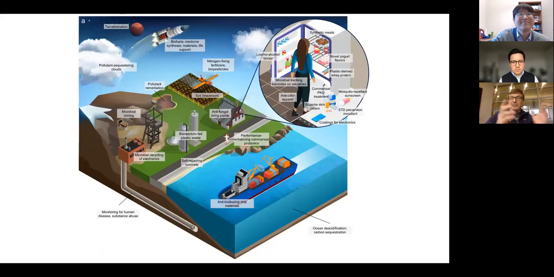And the potential of this is extraordinary. We're just touching the surface of it. So if you look at ships out at sea that are corroding in salt water, there are microbes that accelerate that corrosion, inhibit that corrosion. We want to pull those out, engineer them, put them back in.